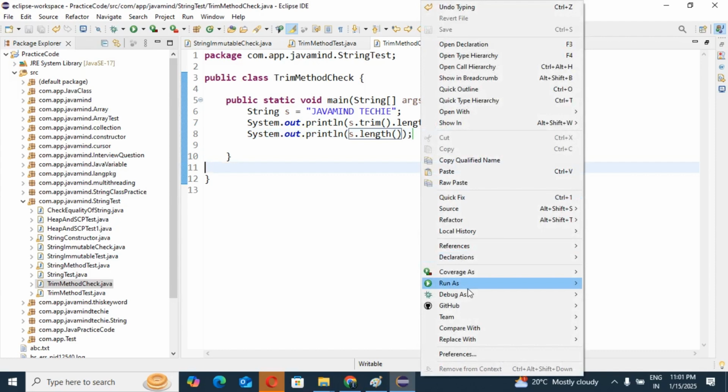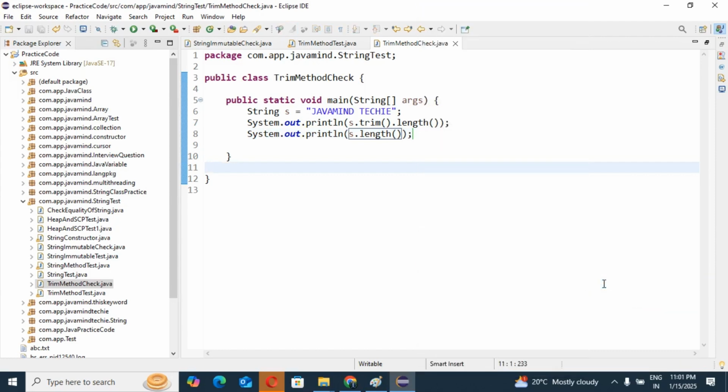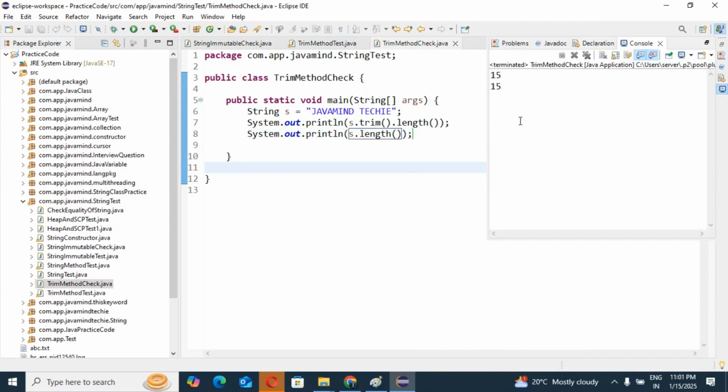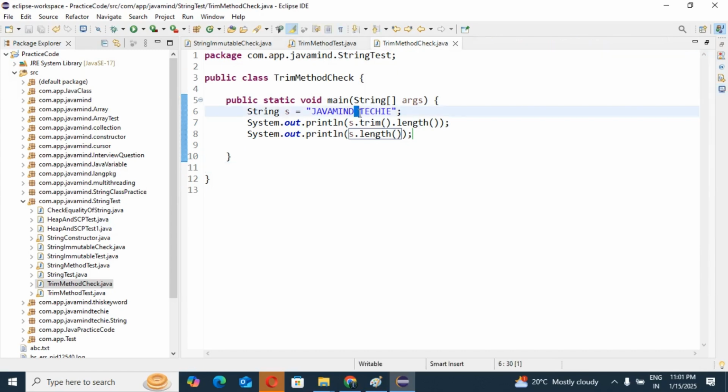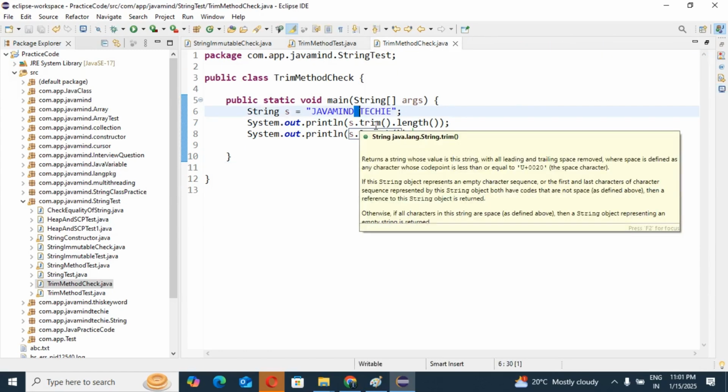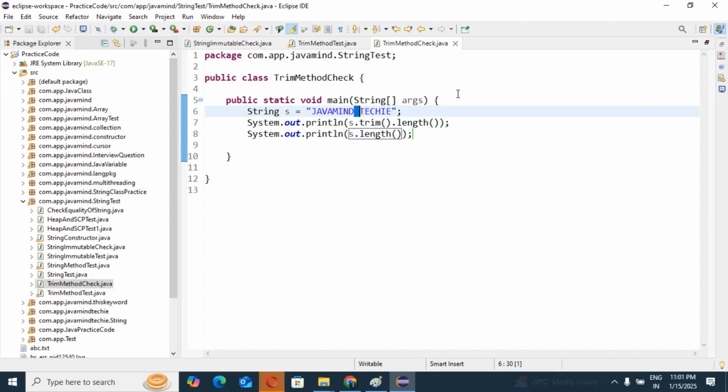Run the application, we will see the result. Guys, see, in both cases 15 is coming or not, because this is adding one space. So tell me, is this trim method removing the space or not? Not at all, guys.